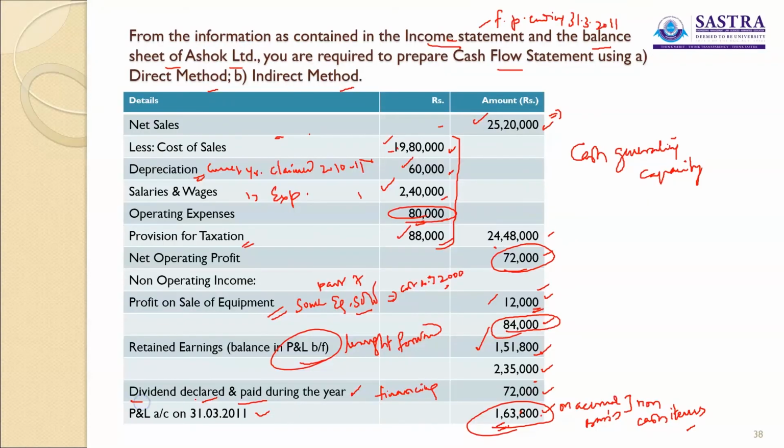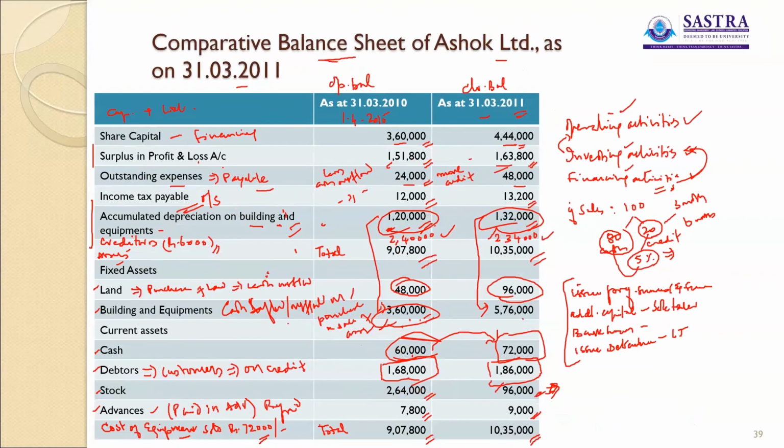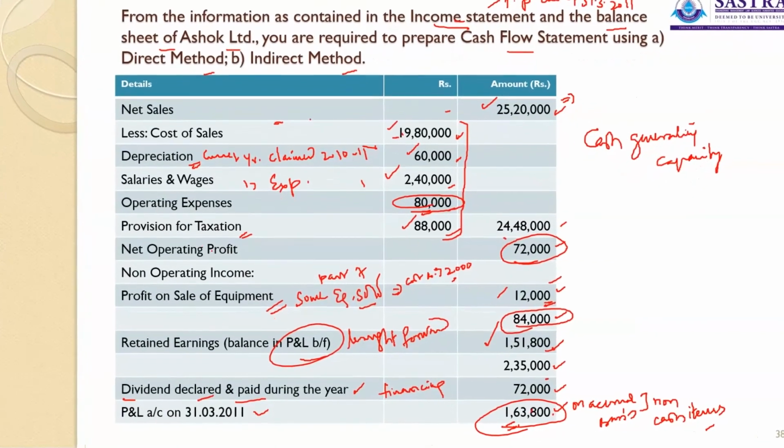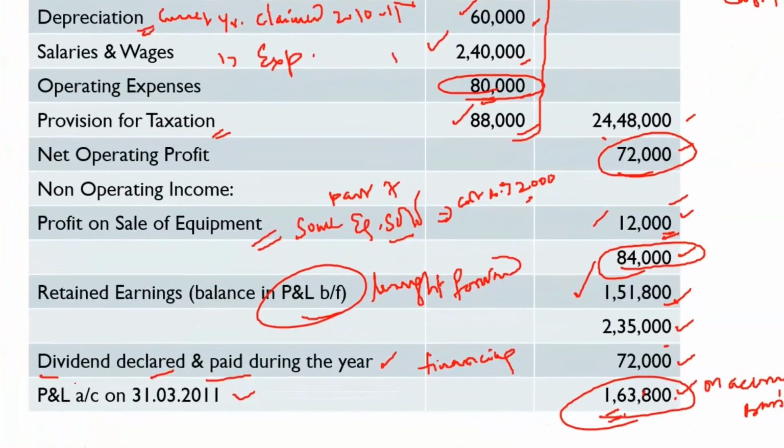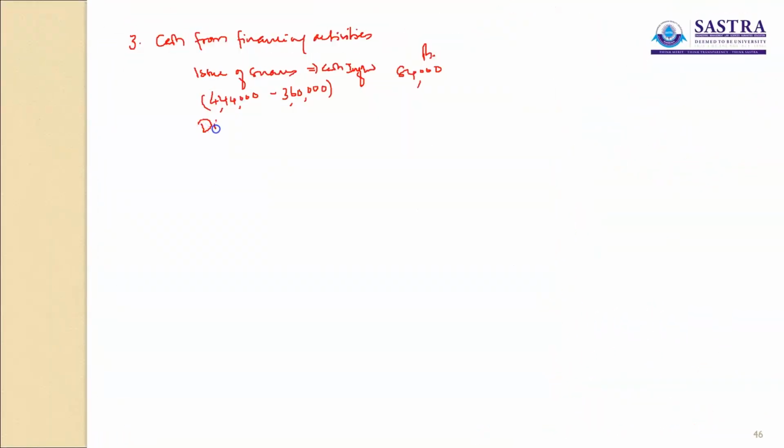Any dividend payment made? There is no interest cost here. There is no finance cost, or payment towards finance cost, because there was no borrowing, so there is no involvement of payment of interest here. Whereas dividend payment is given. Dividend paid 72,000. That means the difference, rupees 12,000, is your net cash flow from financing activity.